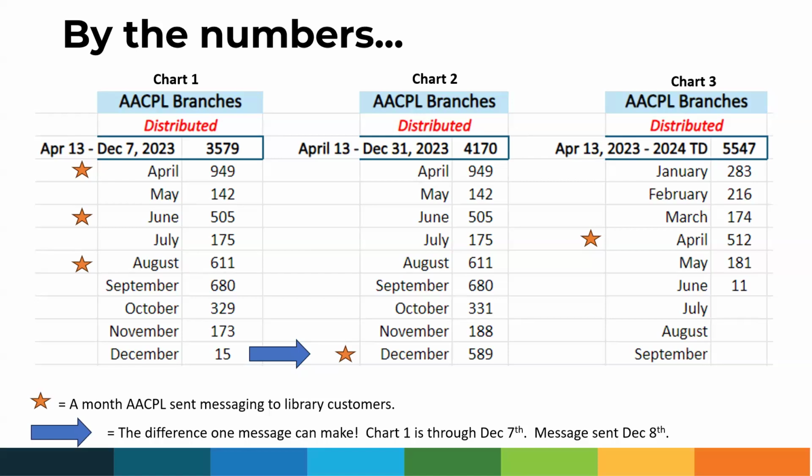Fast forward to chart 3, in the month of April. As of April the 12th, we had 59 gun safety locks that were issued. The library sent a service spotlight about the resource being available. And again, you will see that we reached 512 gun safety locks that were issued that month. So I think this speaks volumes about the value of one message and just sharing it as much as you can to reach the population and your residents in your community.